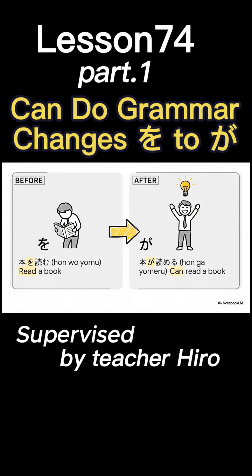Here's a super clear example of the rule in action. The direct action is read a book. That becomes the potential ability can read a book. And notice, besides the verb changing, the only other thing that flips is that particle, from o straight to ga. Okay,